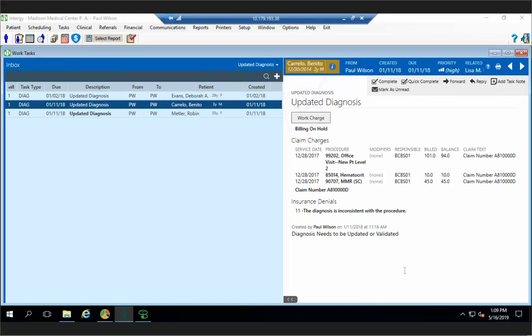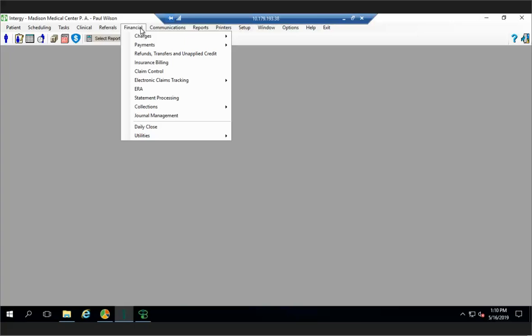Okay, I think I'm up to date on my questions there. So that is the tasking capabilities. We've looked at the financial posting of the payments. We've looked at doing the charges. There are a lot of other sections. We're not going to go into all of these today, but I did want to show you, like for your